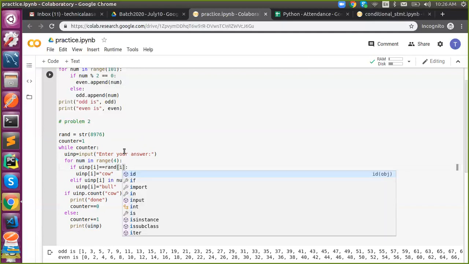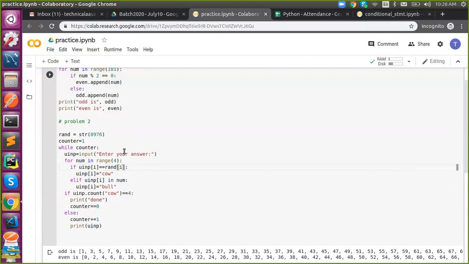If it is an exact match, then you say cow. If it is a partial match, if it is there in rand, then you say bull. If it is not, leave it as it is. For that we don't need an else statement.